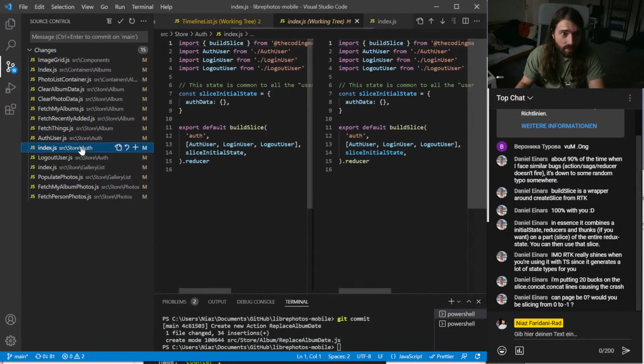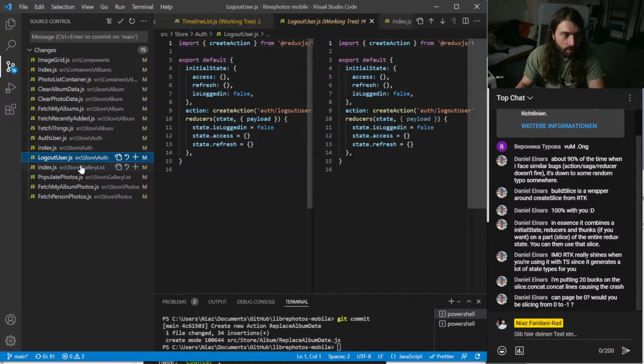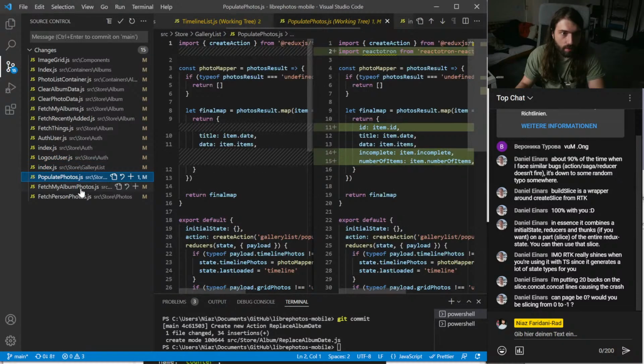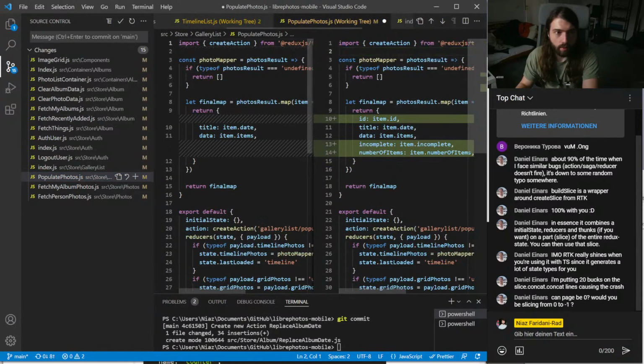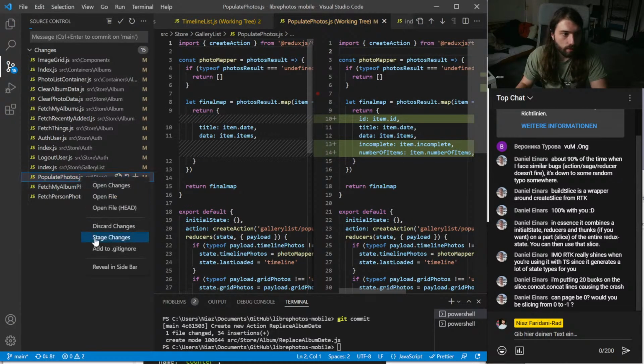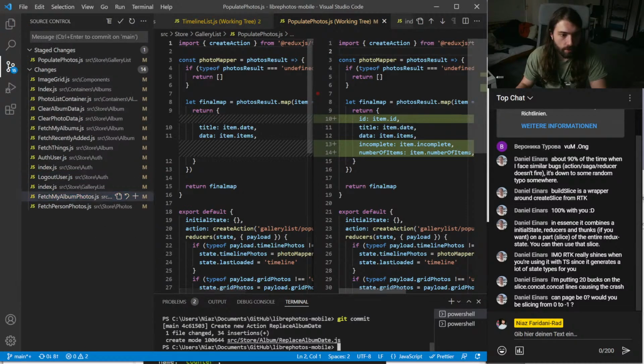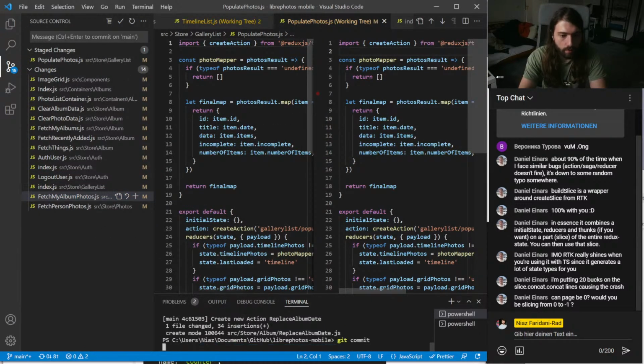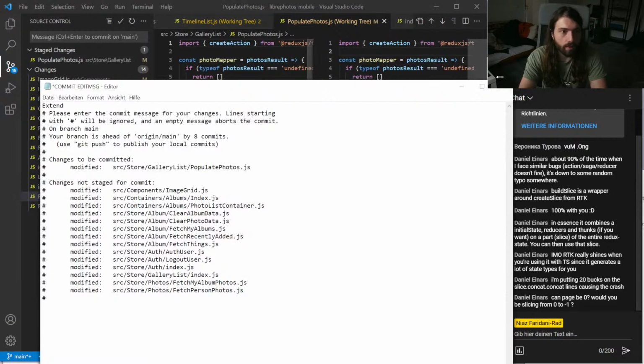Auth user, index, logout. Okay, so I also don't need that. Stage changes. Extend populate photos.